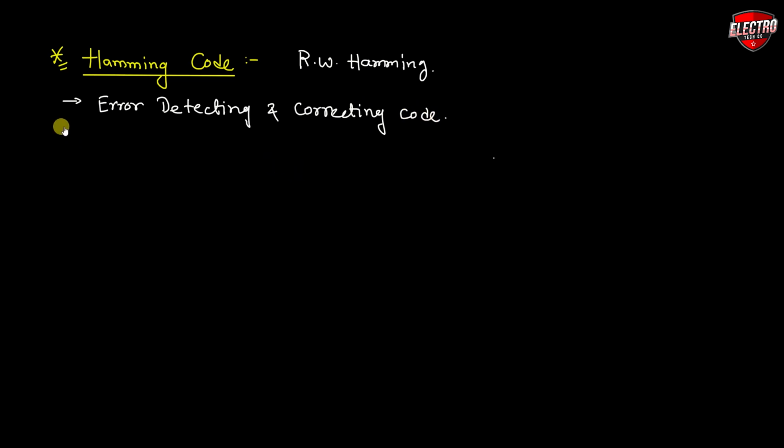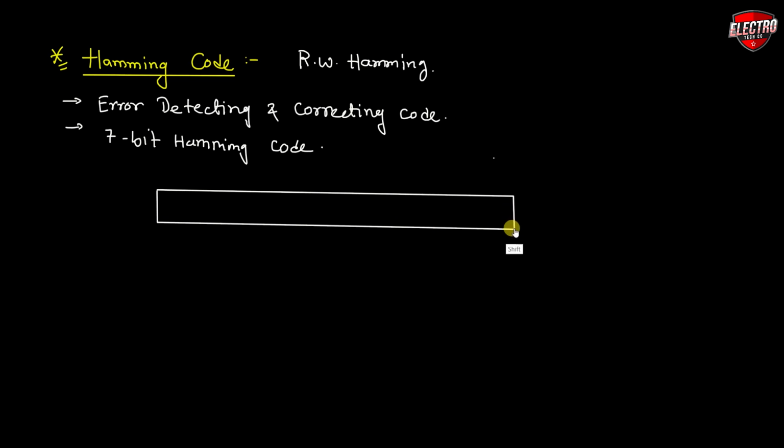In this video, we will discuss the 7-bit Hamming code, which is used in digital communication. We can make more than 7-bit Hamming code with the same process. The code uses a number of parity bits located at certain positions in the code group, and the 7 bits are given as, these are the 7 bits. For example, if we give the numbers bit number 1, 2, 3, 4, 5, 6 and 7.